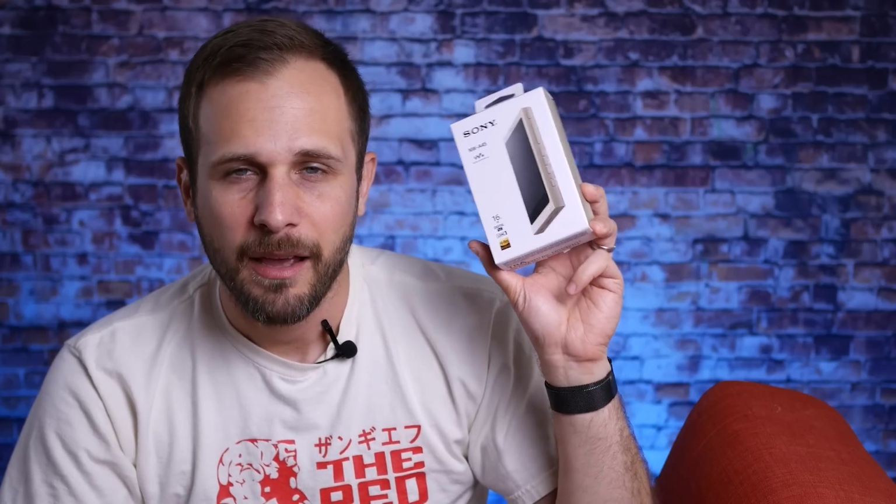This is a high-resolution audio player, right? Imagine, kind of like a really high-end iPod in a day and age when nobody has iPods anymore because everyone's got smartphones, right? I only kind of recently became aware of this as a product category. Like most people, I've been listening to music on my phone like a schmuck, apparently, because there is a thing